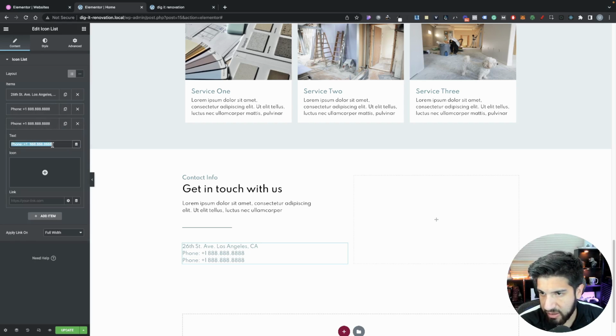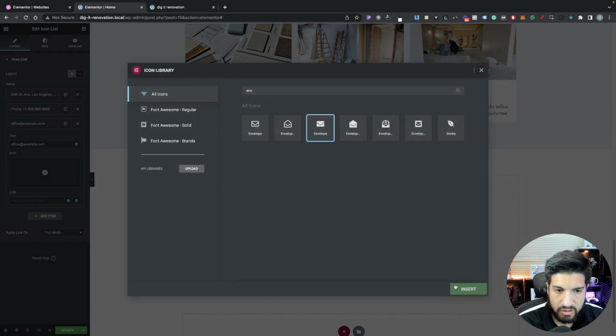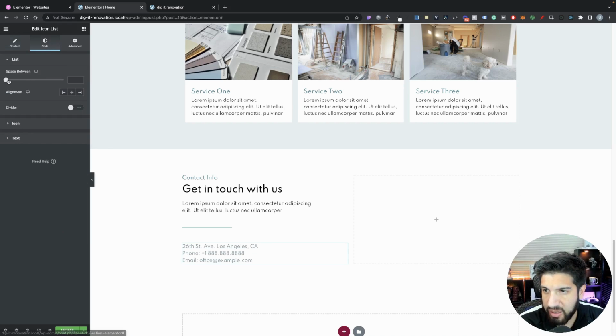So what you could do instead of this is just remove this email here, and then just add an icon instead. Like you can probably just find an envelope and do that instead. It's up to you, but I kind of like it how I had it because it just looks a little more cleaner. So we're gonna do that, and then let's go into style